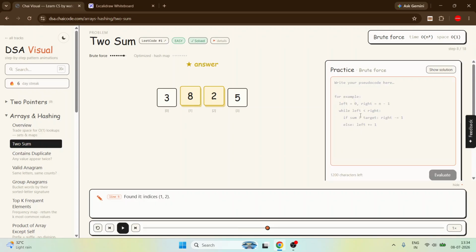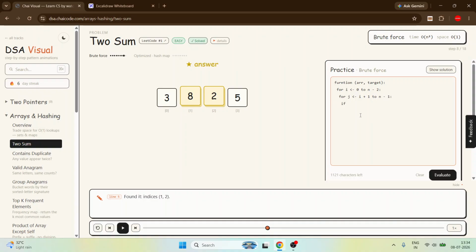This is very simple. Write the pseudocode for it. Take a function with an array and a target. A for loop with i from 0 to n minus 2, and another for loop with j from i plus 1 to n minus 1.